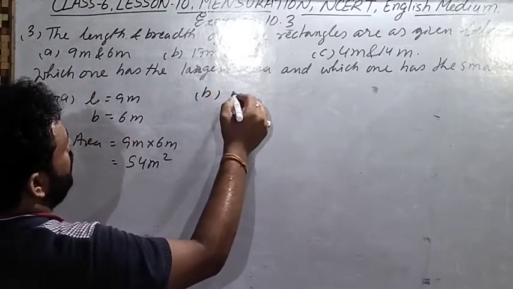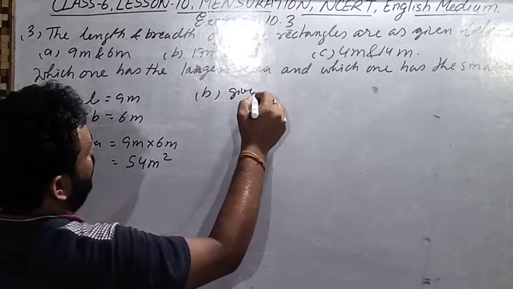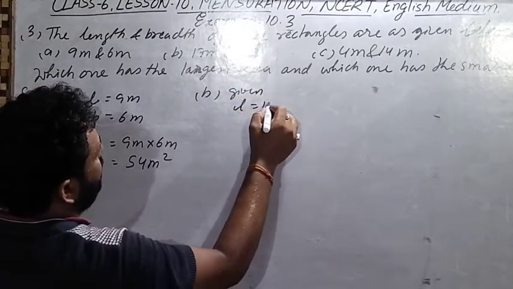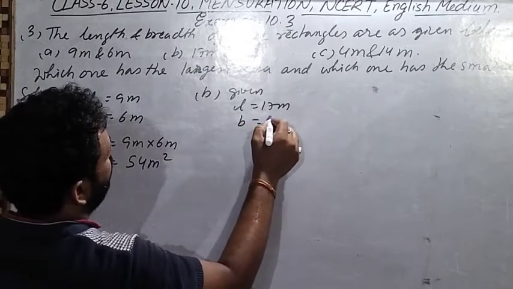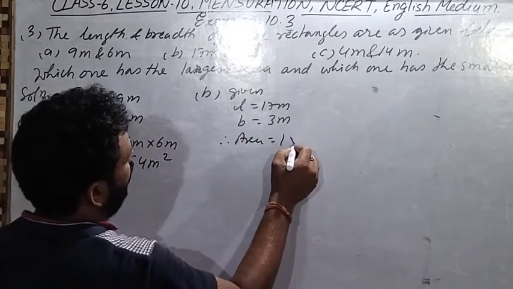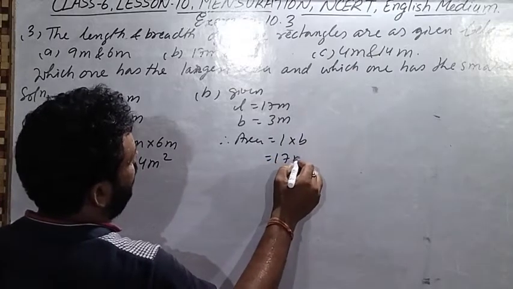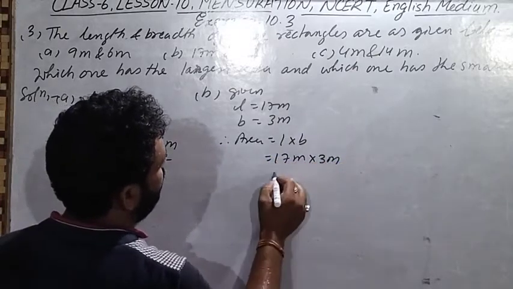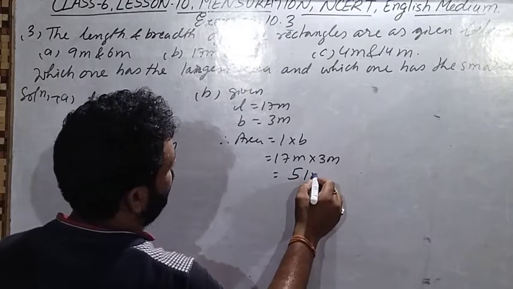In question number B, length 17 meter, breadth is equal to 3 meter, therefore area is equal to L into B, 17 meter into 3 meter, that is 17 3 are 51 meter